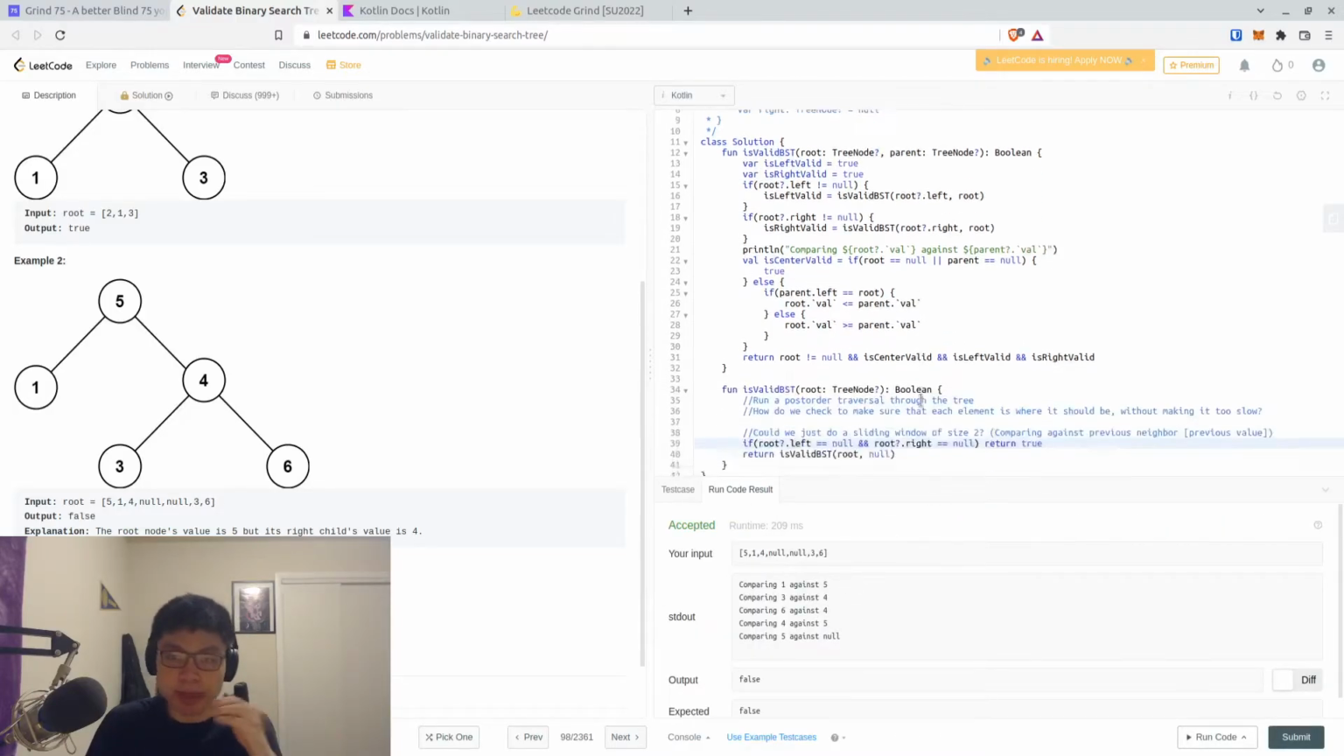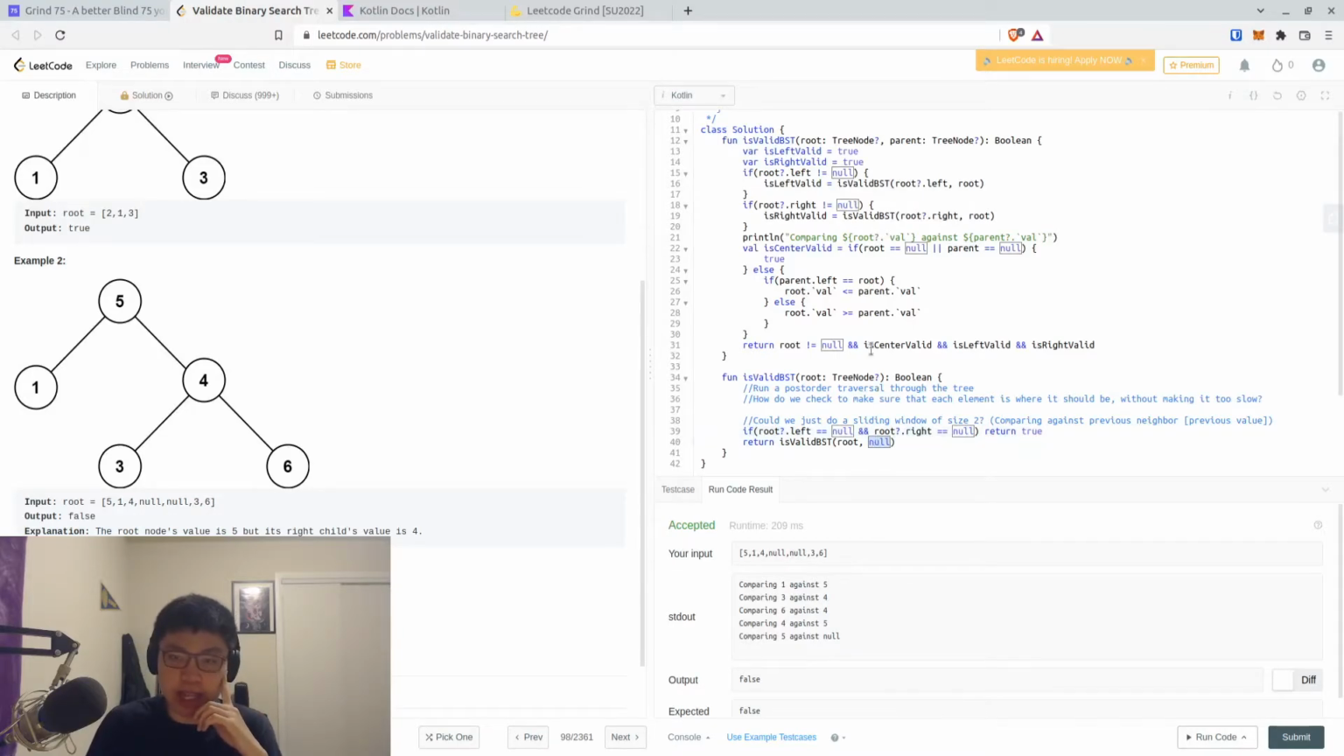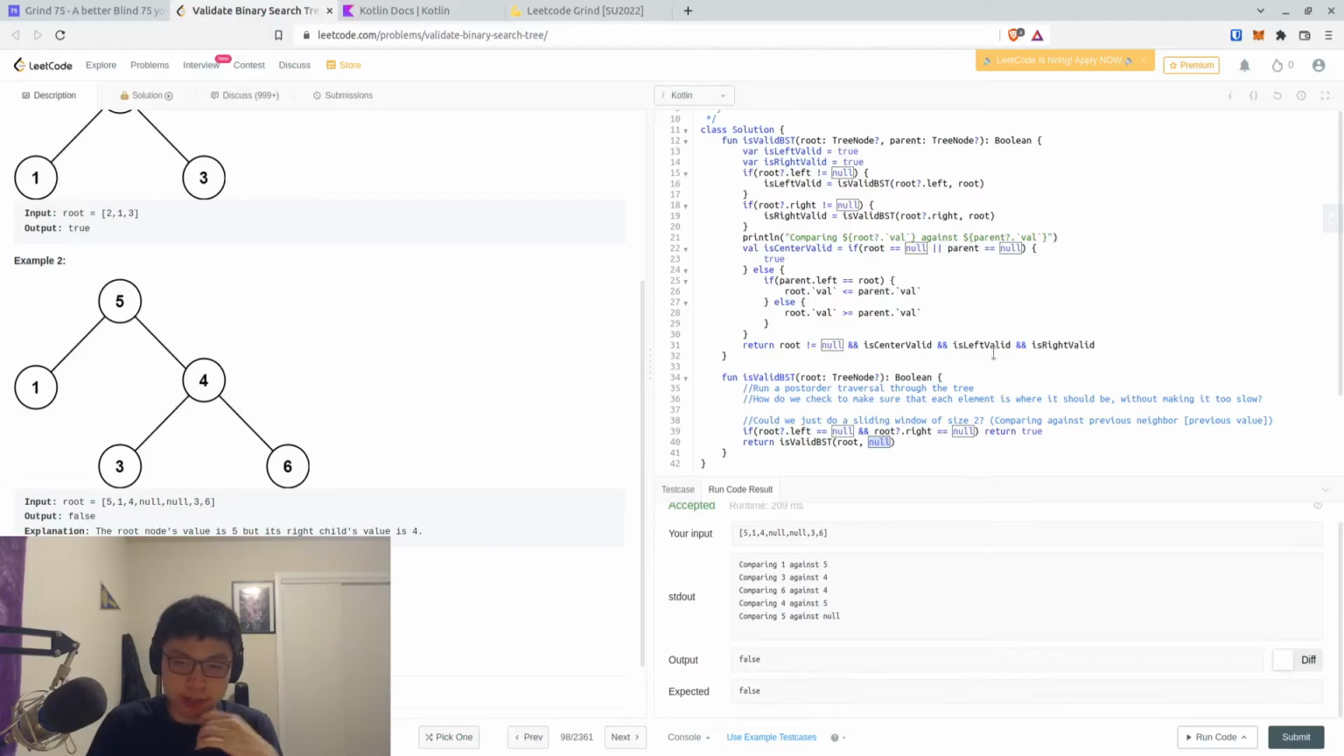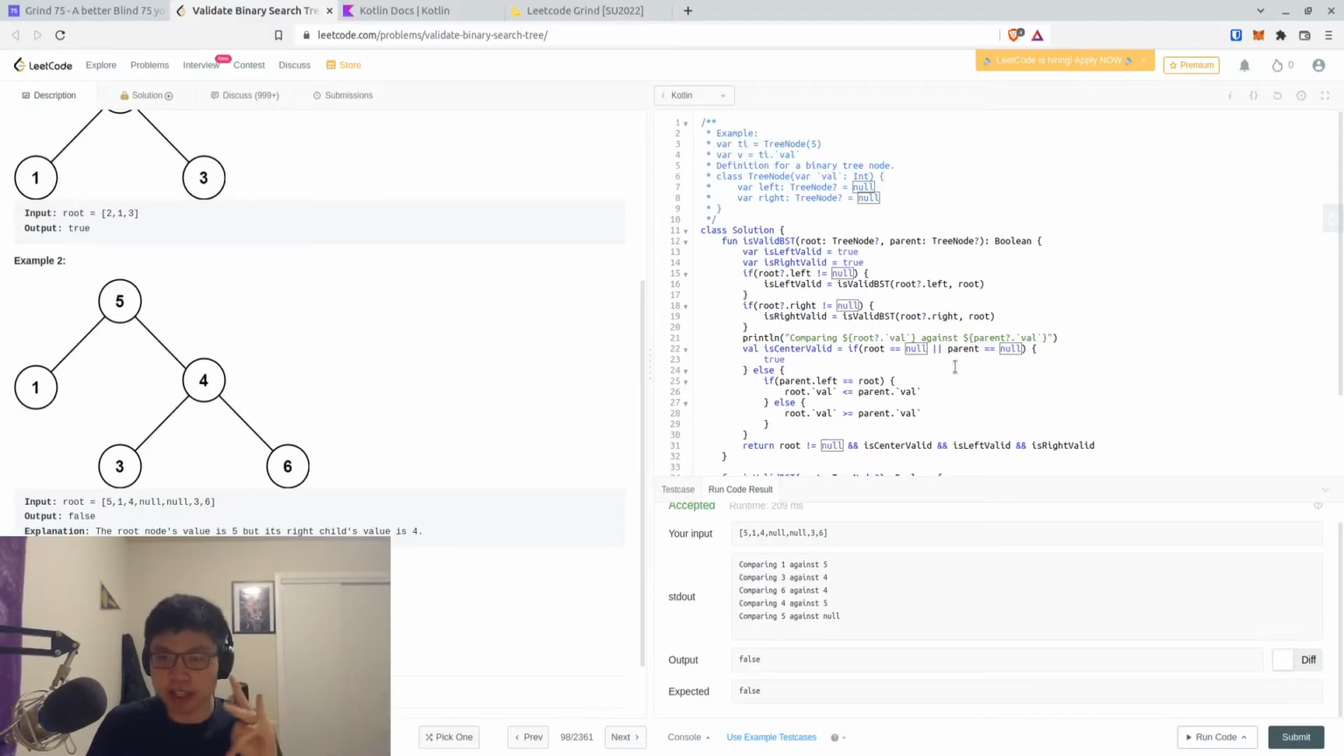Okay. And actually this works even better because now when we compare 5 against null, well, it's 5, we check that the parent is null, so we don't do anything there. So 1 against 5, 3 against 4, 6 against 4, 4 against 5, 5 against null. So 5 against null, of course, that's fine. 1 against 5, that's fine on the left. 3 against 4 on the left, that's fine. 6 against 4, that's fine, that's on the right. And 4 against 5, that's